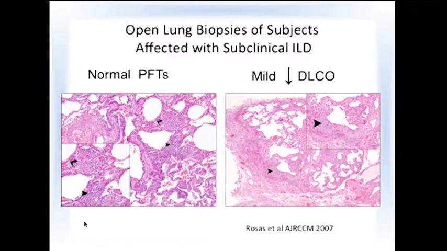In a subset of individuals, 9 individuals, we actually had opportunities to do lung biopsies, and this is a very limited data set, but what we saw was that in most individuals who had normal PFTs, we were seeing non-UIP histologies, and individuals who actually had mild declines in their DLCO or other pulmonary function abnormalities, we were seeing UIP histology. So this is not true across the board, and I think that the best data set actually comes